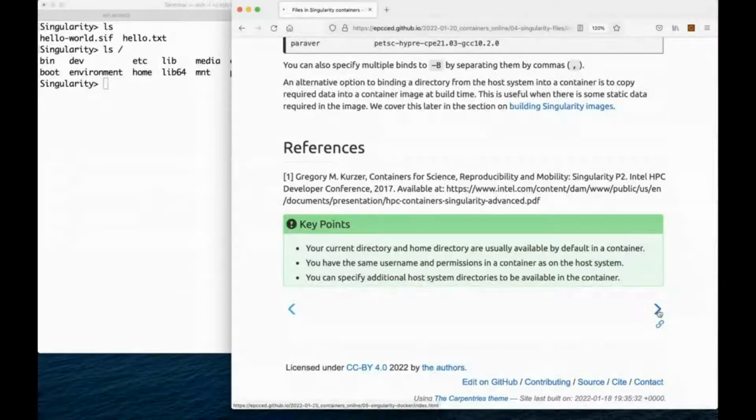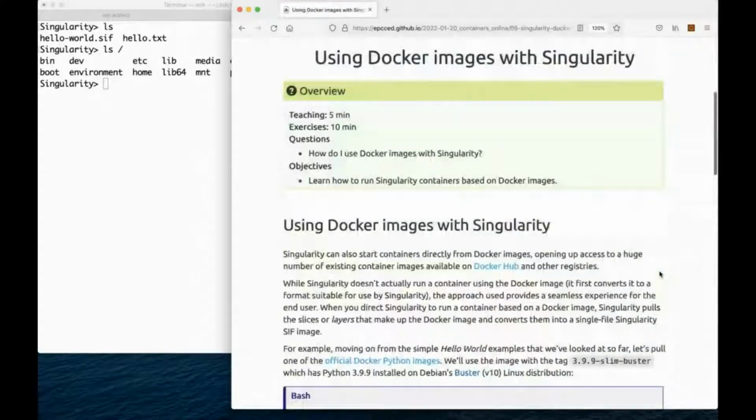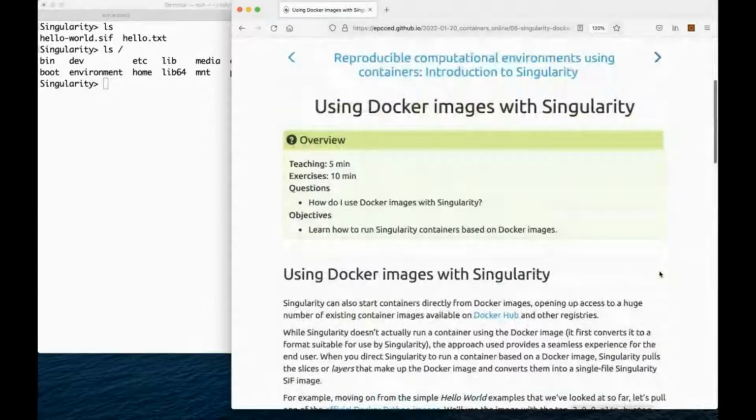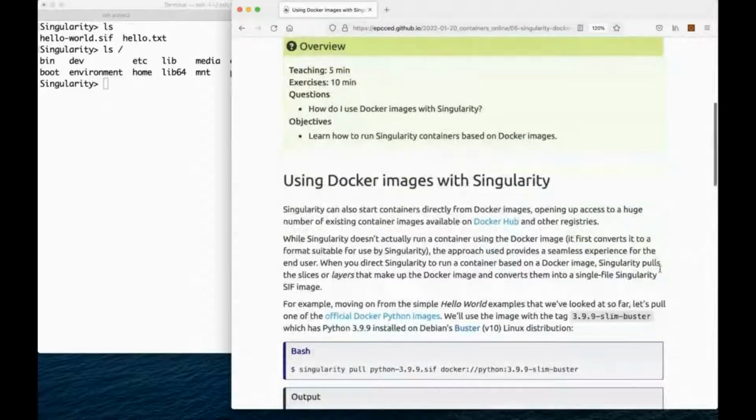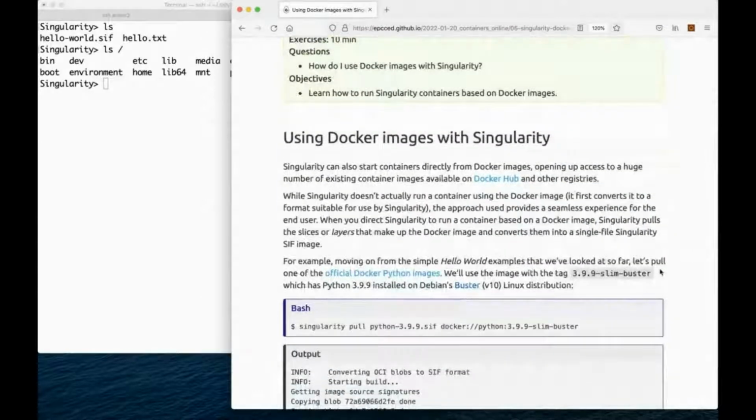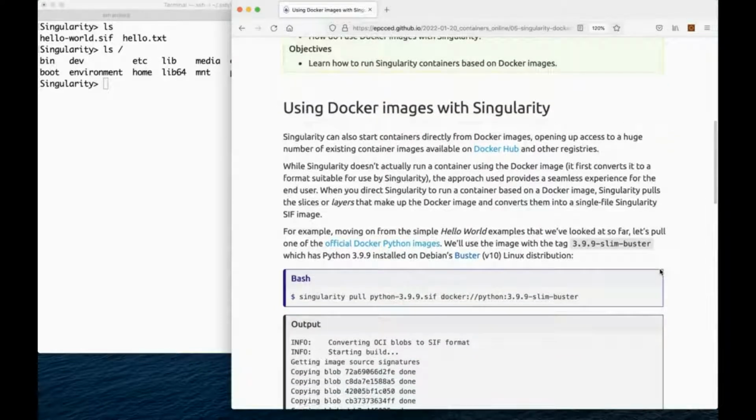Right. Okay. We can now look at another really useful feature of Singularity, and that's compatibility with Docker images. Singularity, we've seen so far, can start containers that are based on CIF file images, and we saw how we can pull those images from Singularity Hub. We saw it with the simple Hello World example. But as we also saw, Singularity Hub is a much smaller repository than Docker Hub. It's more specialist, I suppose, than Docker Hub, which now has a phenomenally large number of images on it. And so a huge benefit of Singularity is that it's able to take images directly from Docker Hub